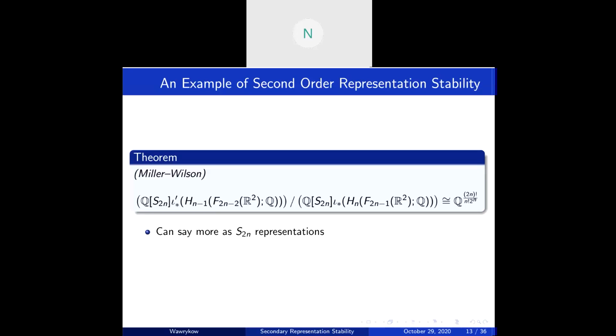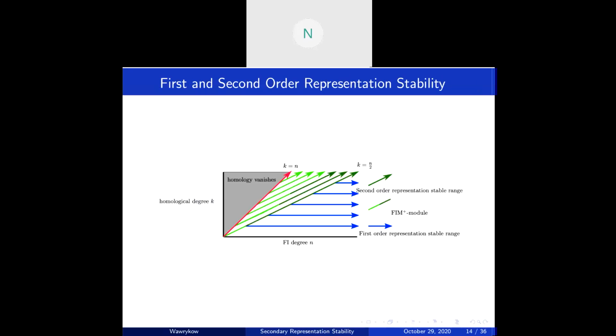But in the end it'll be something like a free FIM plus module, and that's really how secondary representation stability at least was stated in their paper. And I don't really know of a much nicer way of doing it because TCAs scare me. And as I was saying, this module is free, really free as what we're going to call an FIM plus module later on. And if we think about this together, this is probably the nicest way of doing this: